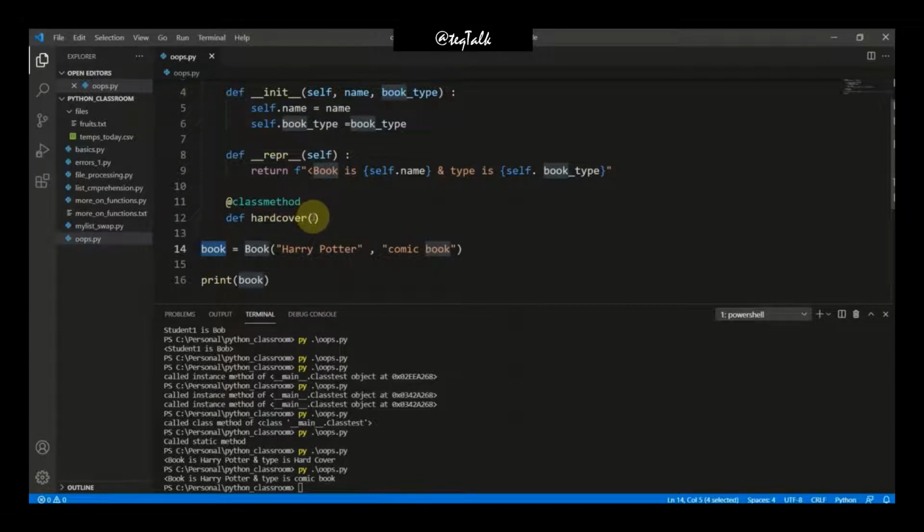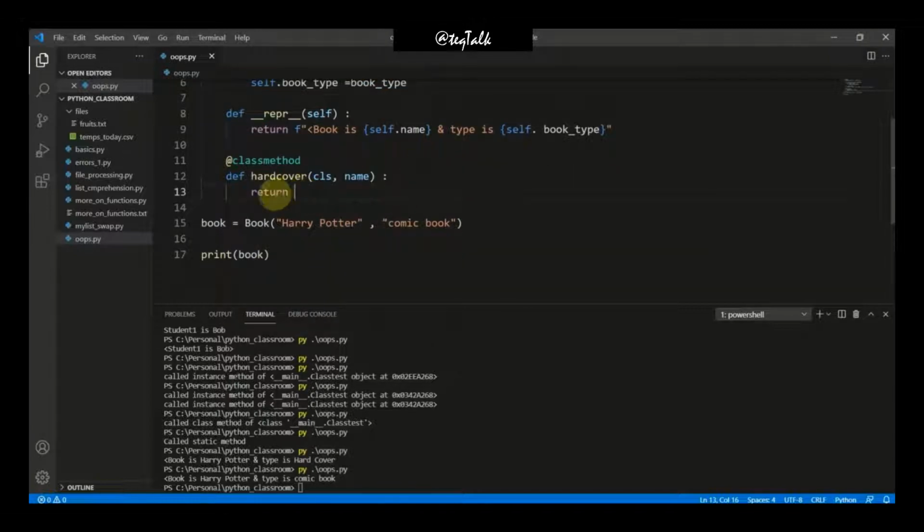So to do so, what we are going to do here, we are going to take CLS as the class itself and its name, and I think it's fine. Then colon and return.